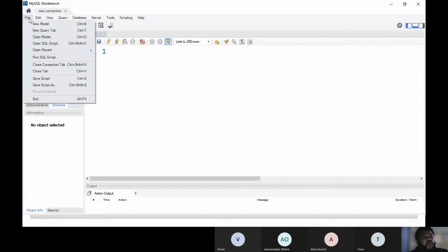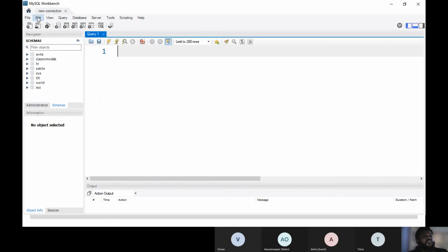Of course, we all know how to open and how to save. If you want to run an SQL script, a .sql script is what you need here, right? So basically, that's what you have here. You want to save your scripts, you can save your script here, and you want to exit the application. If you click on exit, the session closes. Remember, I told you that when you click on exit, your session closes because the application is going to close. So that's what you have in file.